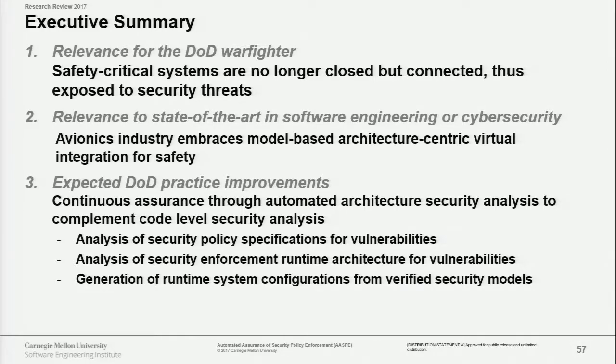Also, we find that increasingly there is model-based engineering being done in these domains. So a lot of times, of course, we say you should be using AADL, but really model-based engineering is increasingly ubiquitous in these areas where extremely high-quality software is necessary. So this project is all about looking at the payoffs of combining this model-based engineering and some type of security analysis. So what we found is that there are significant payoffs to be gained by looking at architecture-level security in